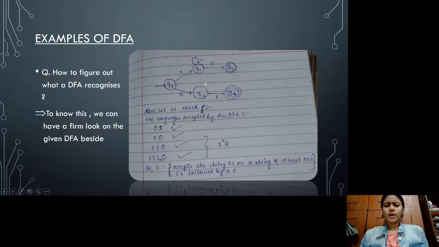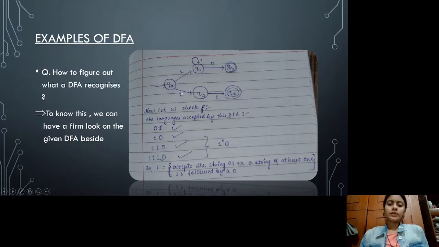So this part of the DFA stands for the language 10, or 110, or 1110, or like any number of 1s and then 0. Now this other part of the DFA states that on receiving an input of 0, it moves to Q3, and Q3 receiving an input of 1 moves to Q4, and that is the final state. That is, the language accepted by this part of the DFA is only 01. So the language accepted by this DFA is 01, then 10, 110, 1110, and so on. This part of the DFA stands for the language 1 to the power n followed by 0.